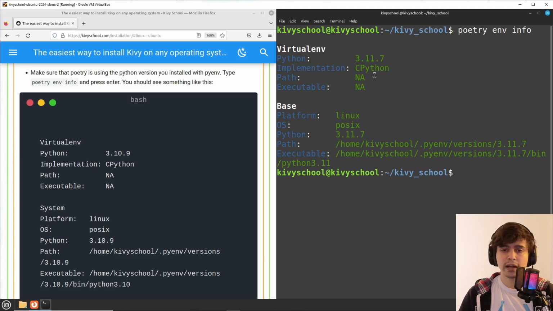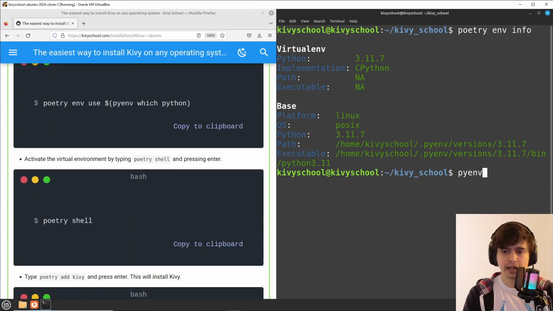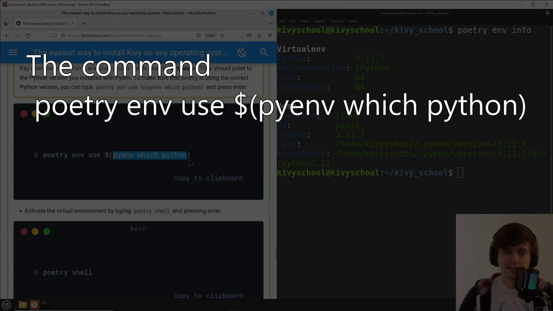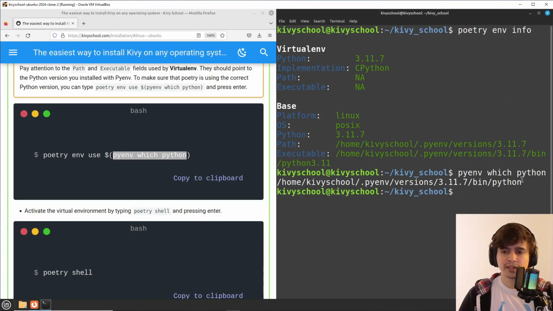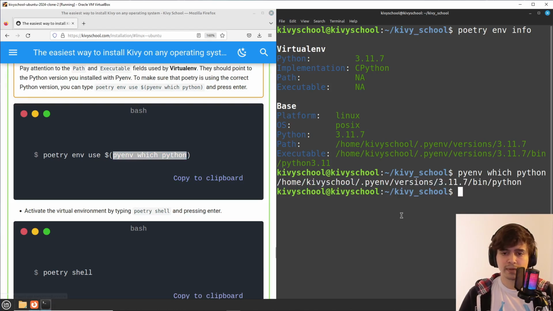We need to point to python 3.11 inside the .venv folder. So how are we going to do that? First thing we're going to do here is type pyenv with Python. It's already pointed to the correct path, which is the 3.11.7 path installed by pyenv. If not, one thing that you can do here is type pyenv local 3.11.7. What this command does is basically say to Poetry to use this Python here, which is the Python version we installed through pyenv. So let's copy and then let's paste.